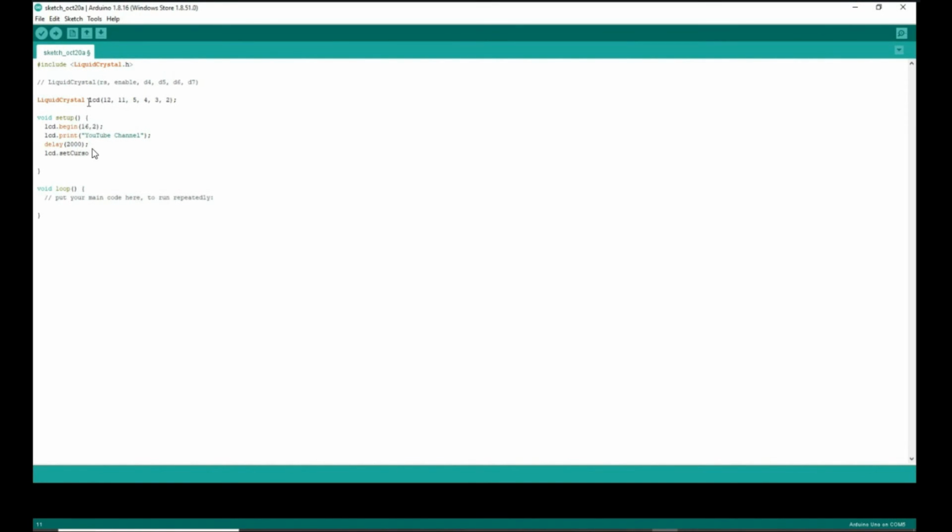Now with LCD set cursor we are going to position the cursor on the second line, which is indicated as 1, the first line is 0, and the first character which is the 0 character of the second line. At this point we can print a second string, starting from the leftmost character.